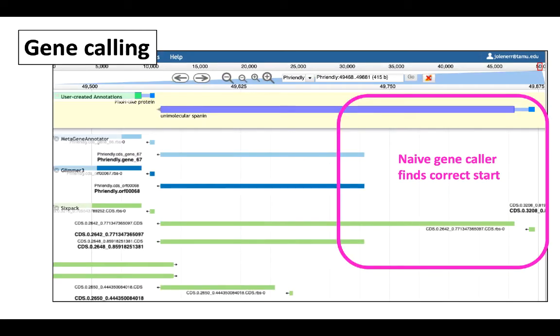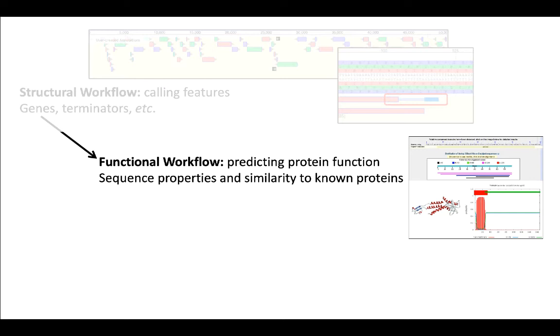And you can see in this case where the preferred gene callers actually did not have the complete open reading frame. Instead, the naive ORF caller did, and we were able to confirm this by looking at additional evidence from the functional prediction. After gene calls are completed, this is what's necessary for the start of the functional workflow, where